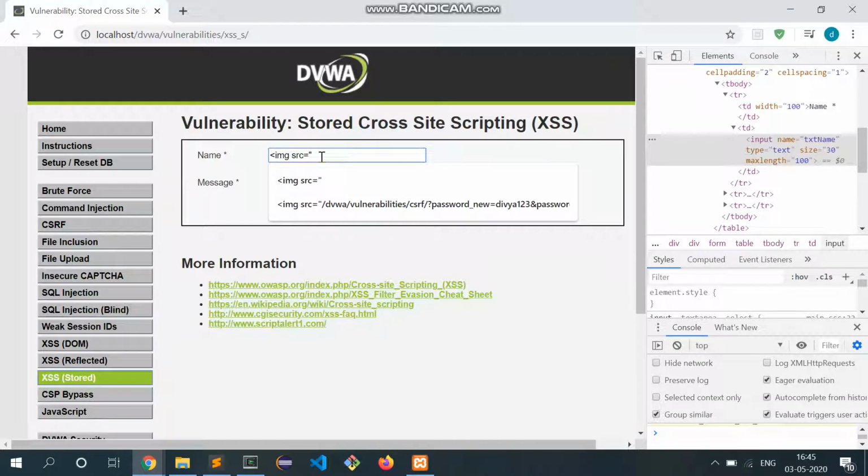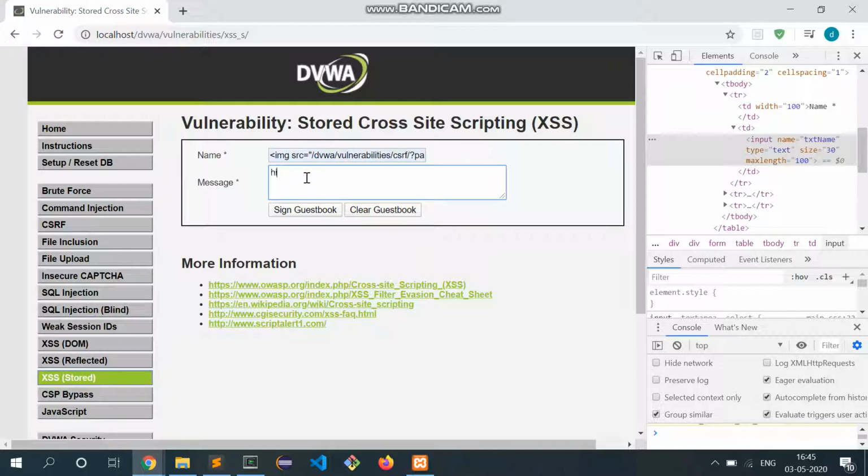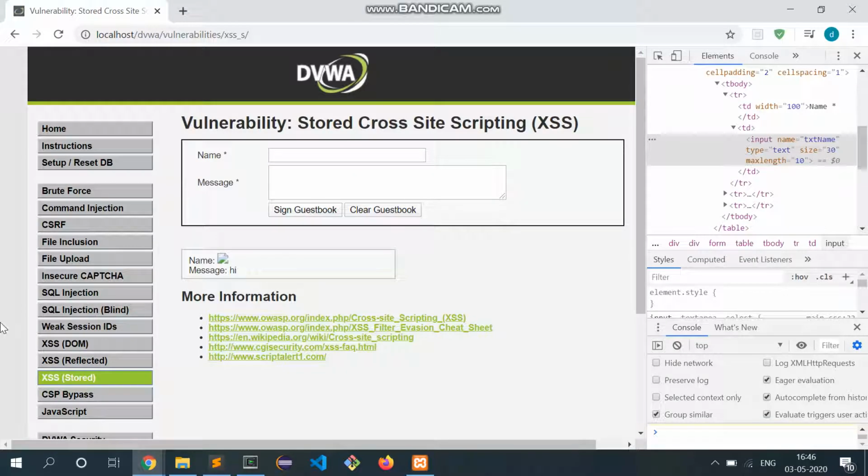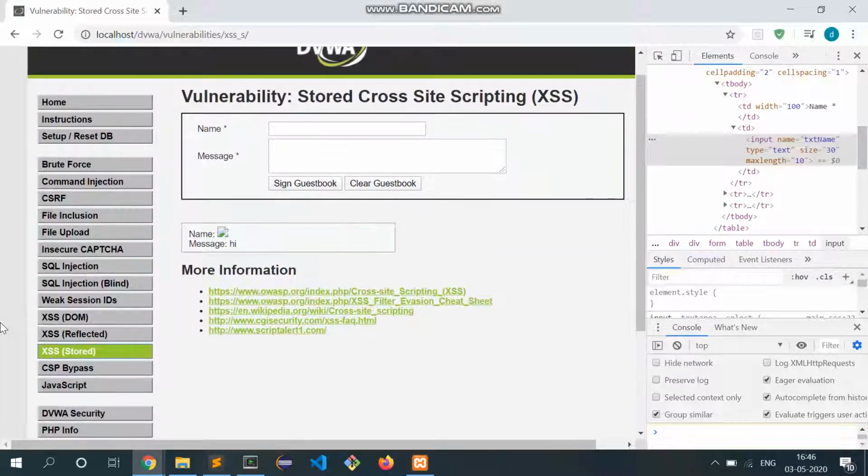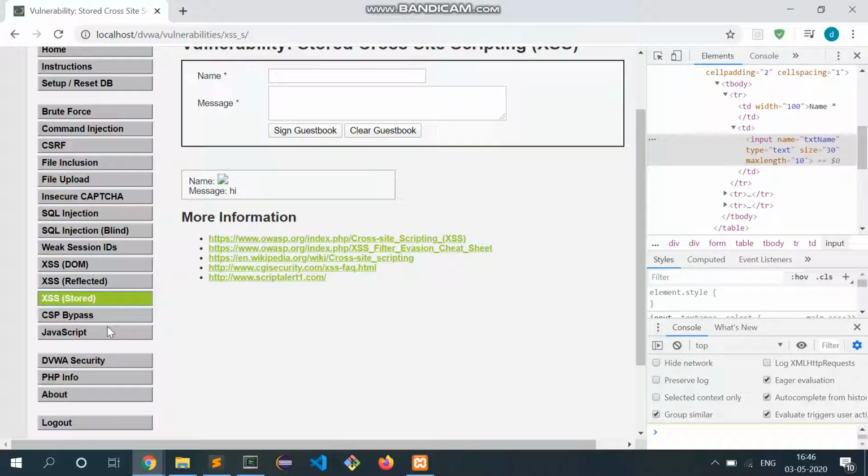Now it is changed. Okay. And paste the message, hi, and sign the guest book. Now I have changed the password again to Divya123.